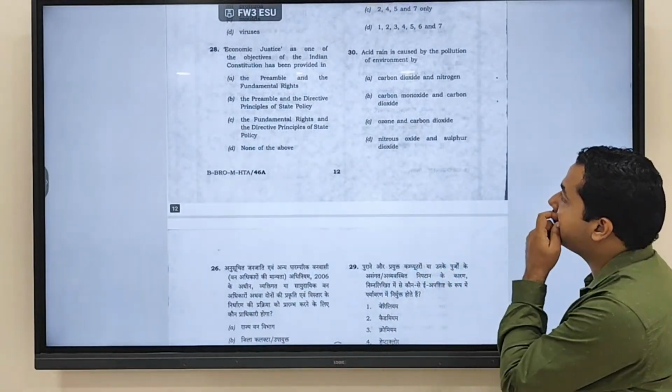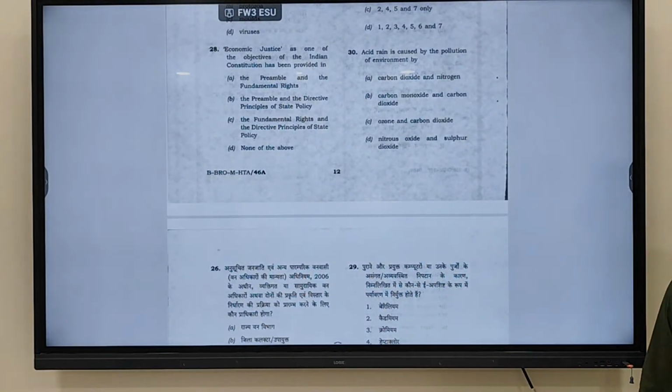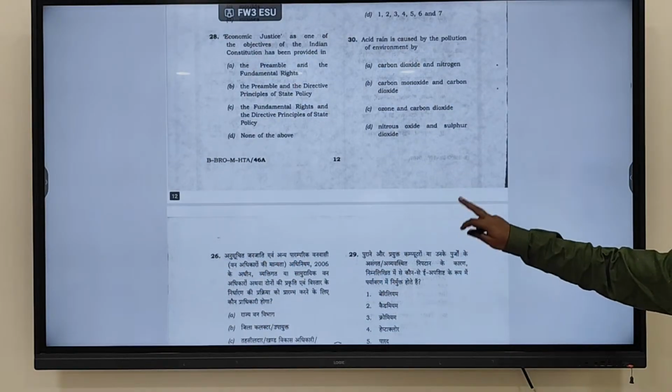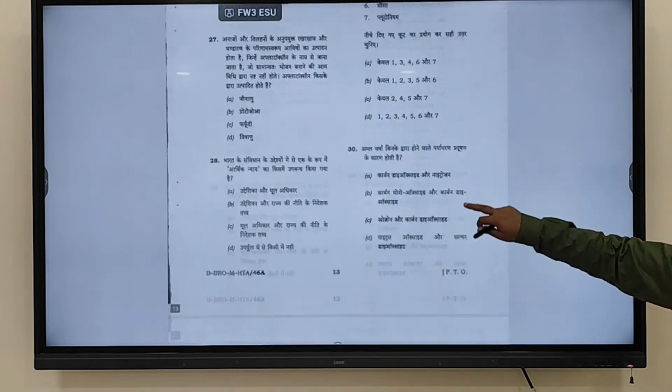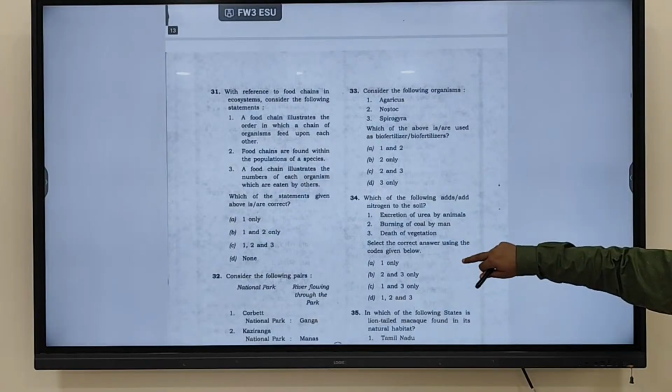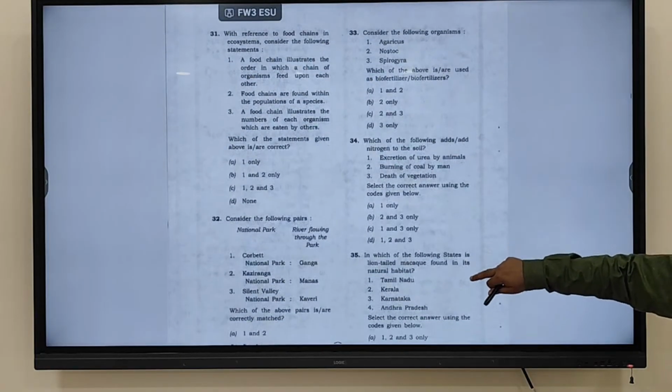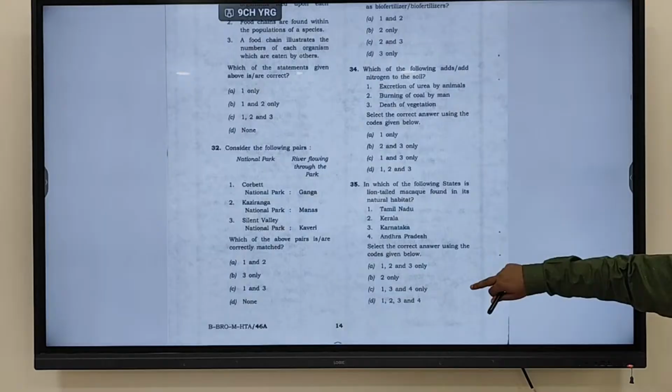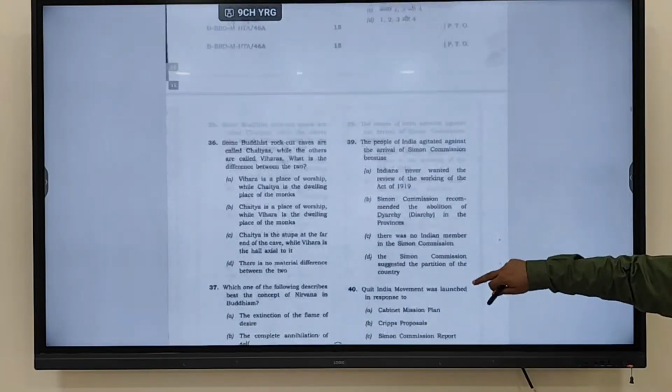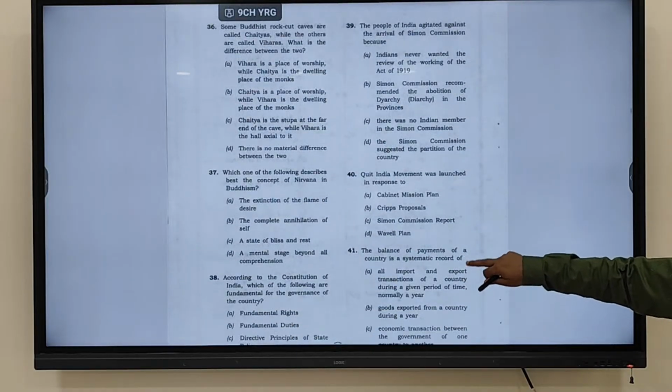Can you answer this 30th? We discuss acid rain. Yeah, so it is going to be sulfur dioxide. As we discussed H2SO4 formation and other formations, you have to keep that in mind. This is how the question has been asked in the examination. Now there is also a question on